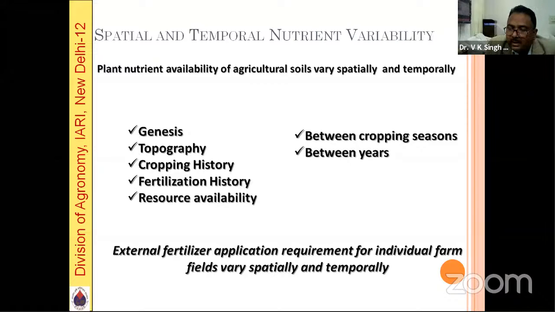It's not only seed that decides crop production, there are so many factors. Similarly, nutrient management is also affected by different factors. For example, your soil condition. If you talk about soil, what is the genesis of soil? What kind of topography is there, if it is well leveled or undulated? What is the cropping history? Once you grow any legume and then take a crop, nutrient requirement will be lesser. So cropping history is also important.